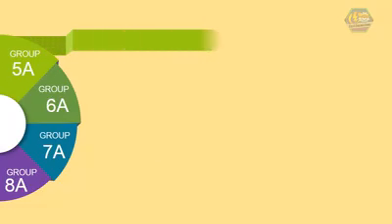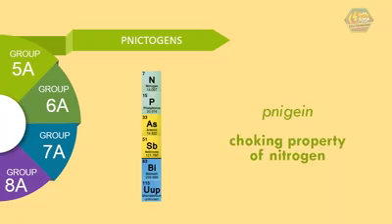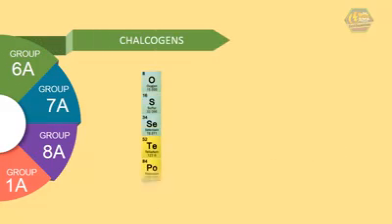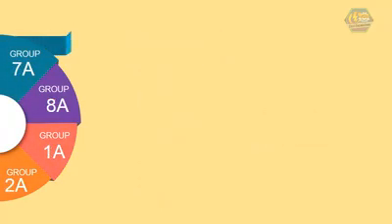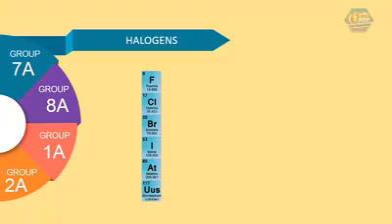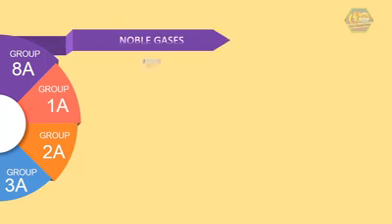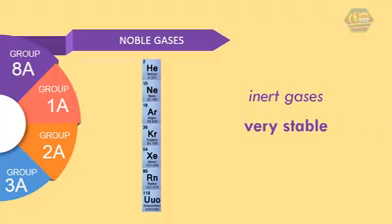Group 5A is called pnictogens, which comes from the Greek word that refers to the choking property of nitrogen. Group 6A is called chalcogens, which comes from the Greek word chalkos that means ore formers. Group 7A is called halogens, which comes from the Greek word meaning salt producing. Group 8A is called noble gases, which refers to the inert gases, and they are very stable, that makes them